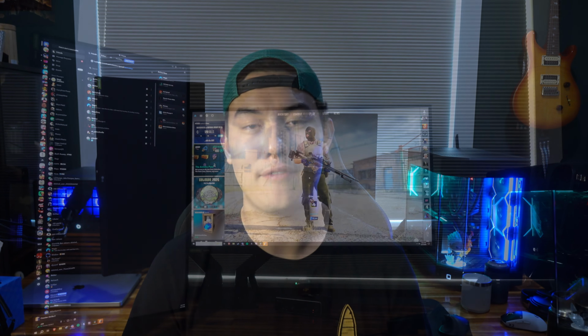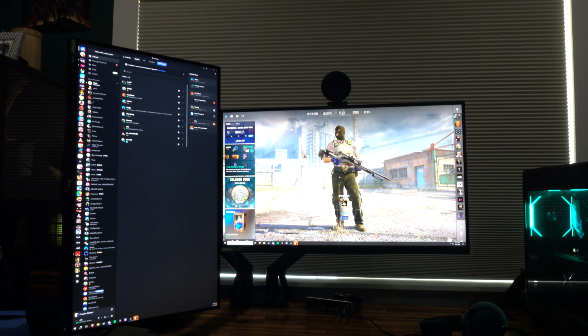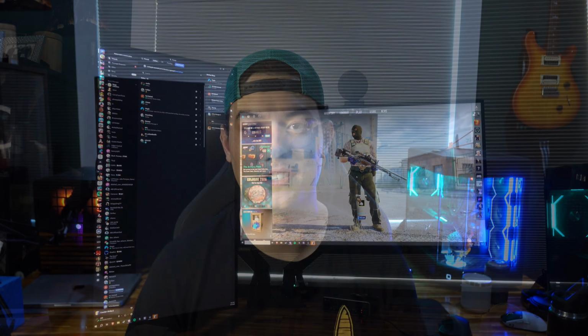Now, next up, I think might be a bit of a controversial one, and this is monitors. And I've had the same LG 27-inch 1440p 144 Hz monitors for pretty much the last 5 or 6 years. Yes, I could upgrade to 4K with my 5090. Yes, I could upgrade to OLED, but frankly, I don't think this is an area where you really need to